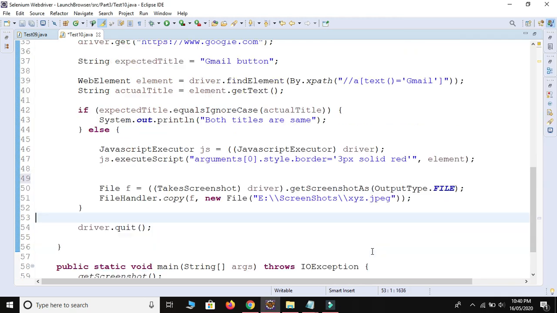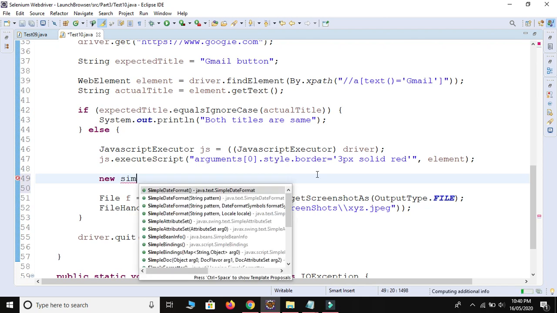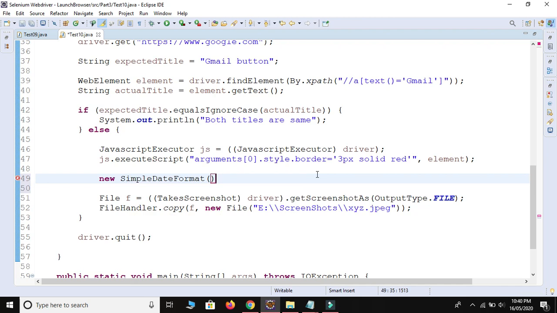So let me take the current time. I will take the current date and current time before taking the screenshot, so each time I get a different second, and it will not override my images with the old one. So how to take the current date and time? I will use new SimpleDateFormat, and I will provide the type of format.